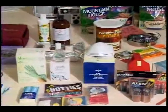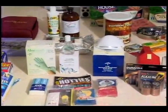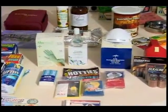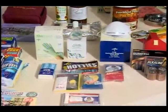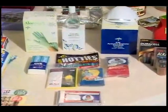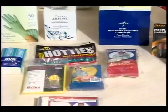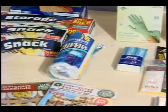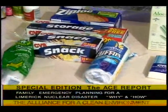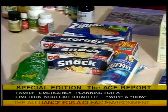You should also completely cover yourself. You can take grocery bags and put them on your shoes, and little hooded coverings that you can put over your clothes. One thing you also need are all different sizes of baggies and garbage bags, so that you can put everything that's radioactive in there and get it away from you. Flashlights and batteries, and